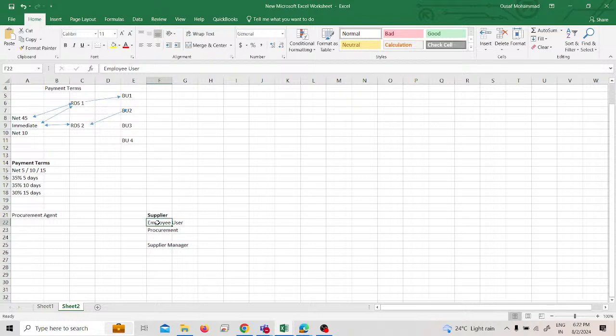Okay, because the supplier manager is core here. So we have to create the supplier, but before the supplier manager we have to create the procurement agent. That means we have to configure the procurement agent. So let's go and see the